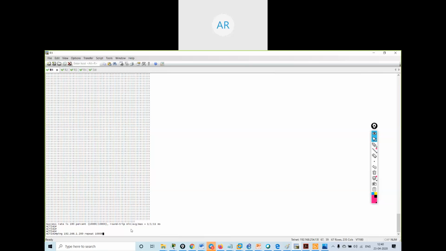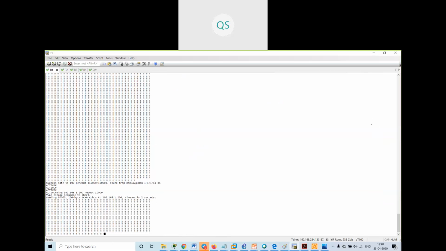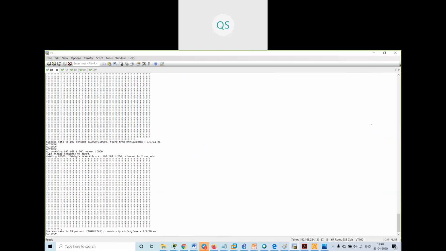That's what I'm doing. Control Shift 6. Okay, Control Shift 6 is stopping the ping.